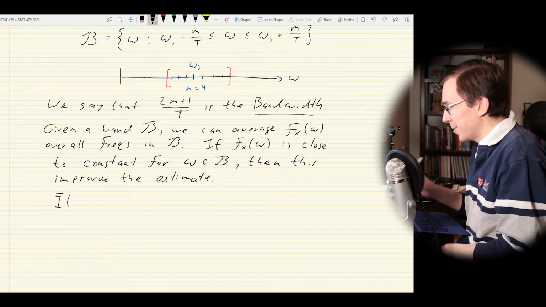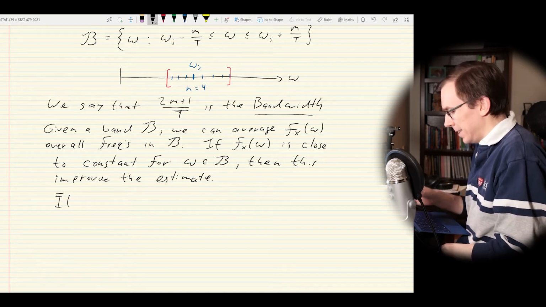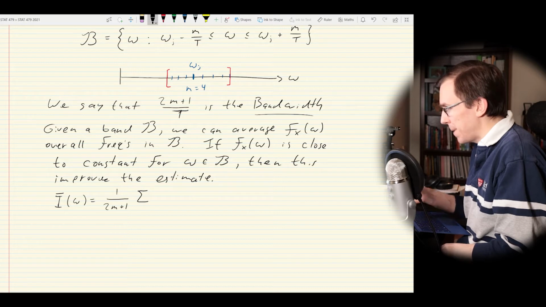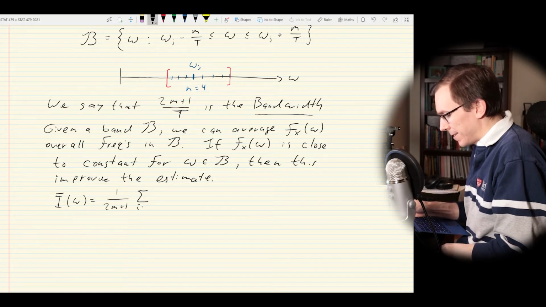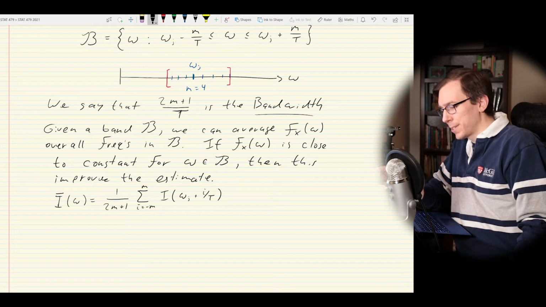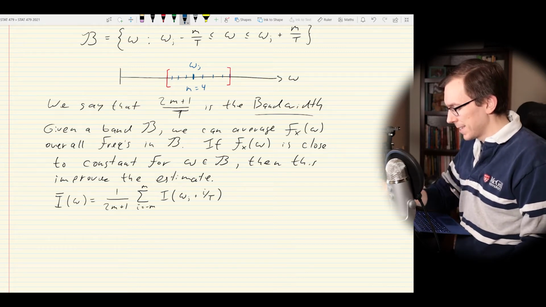And that is going to be, for some omega, what we're going to do is average over all of the 2m plus 1 frequencies within the band that we have constructed, which is going to look something like this. So in this case, what we do is we compute the